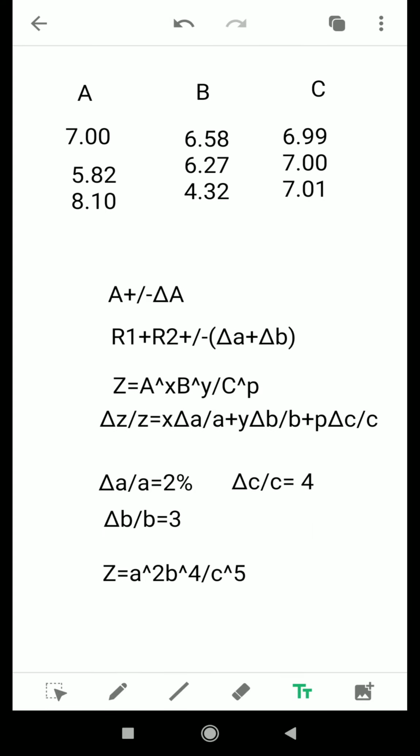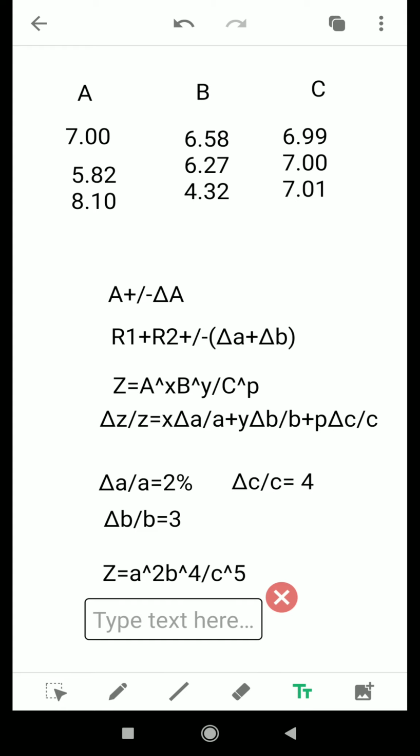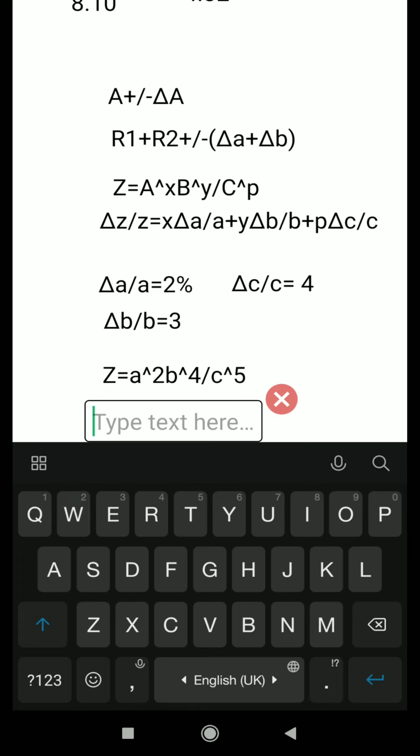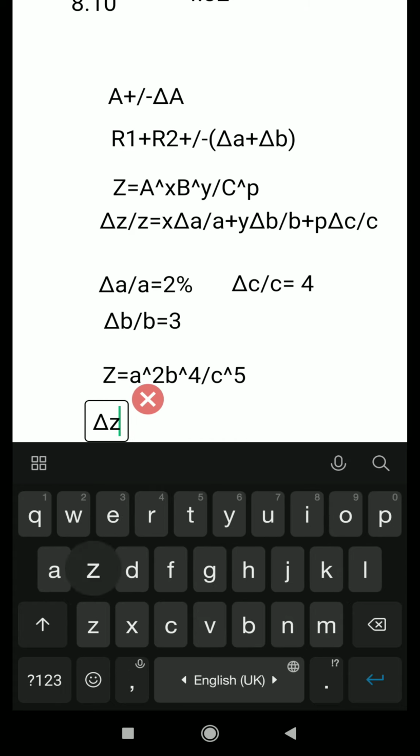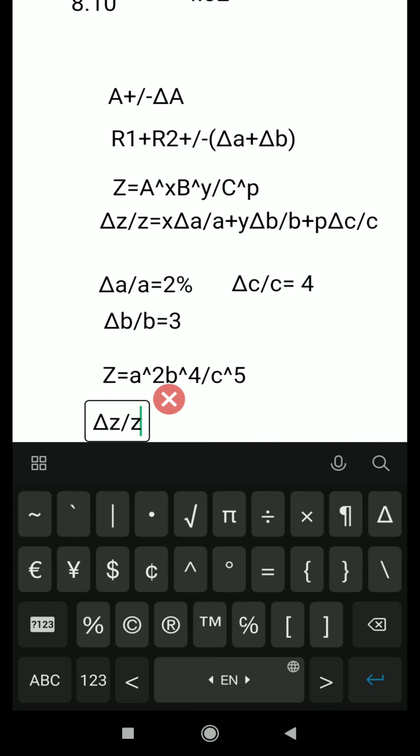Clear? So here del Z by Z will be, you can easily see, X into del A by A. So here 2 into del A by A, and the value of del A by A is 2%. So 2 into 2%, clear? That is 4%,